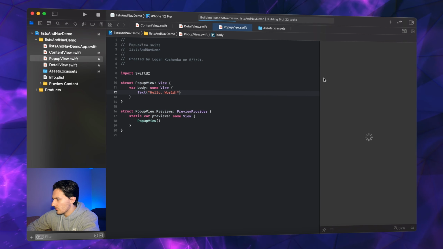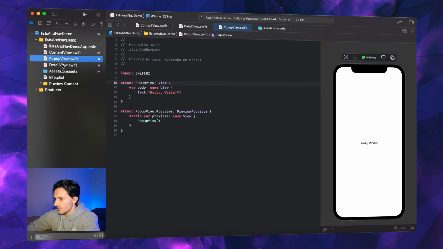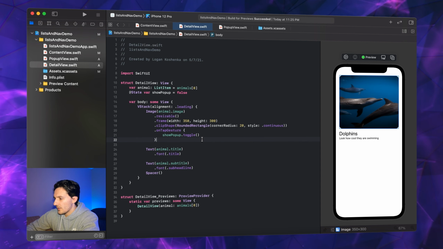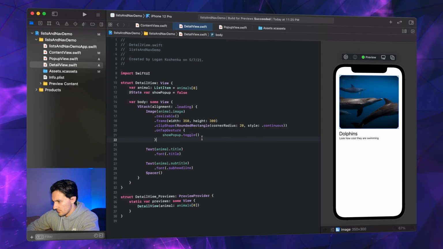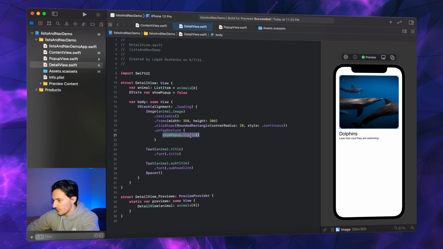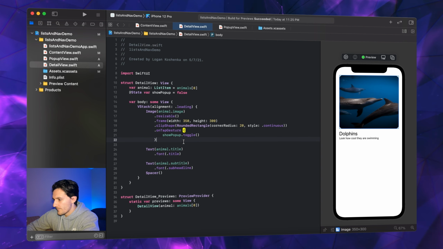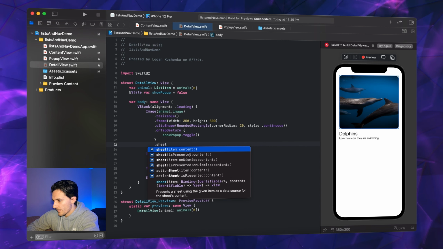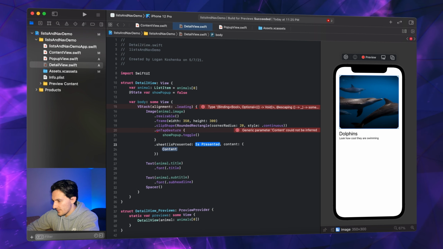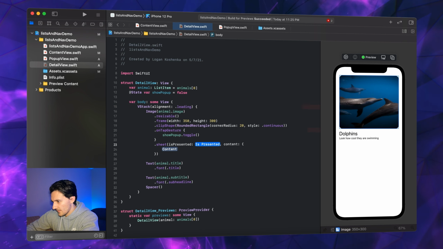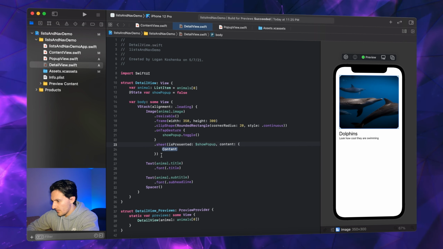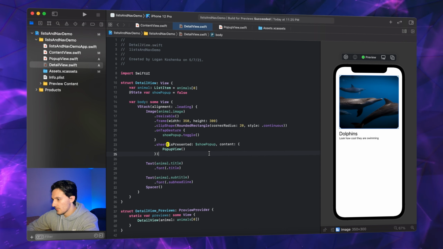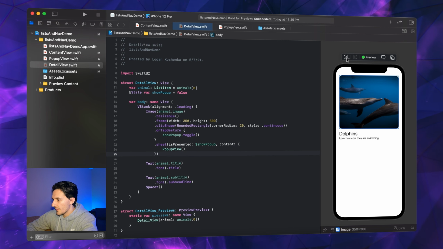This can just say hello world for the sake of demonstration. We don't need anything on that screen. And then under our on tap gesture, what we're doing is setting this to true, then false, it's toggling it. But under that, we're gonna say .sheet(isPresented: $showPopUp) { PopUpView() }. So, what happens here,